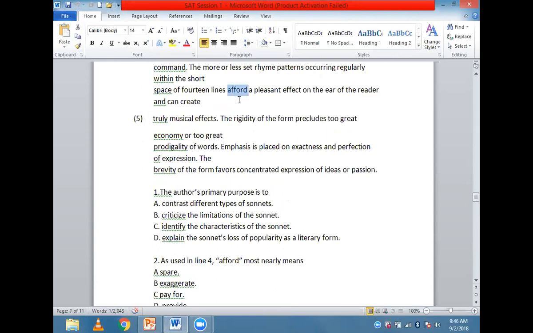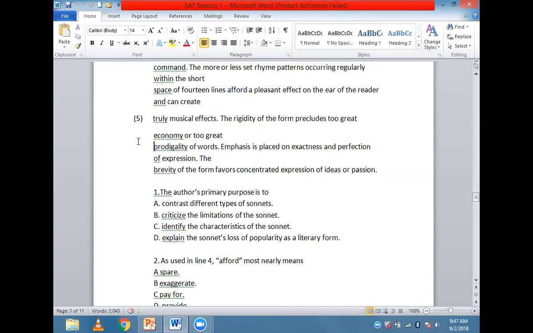Try to identify your own meaning. So the more or less set rhyme patterns occurring regularly within the short space of 14 lines afford a pleasant effect on the ear of the reader and can create truly magical effects, musical effects. So we understand that afford here is somewhat around the lines of gives or provide.